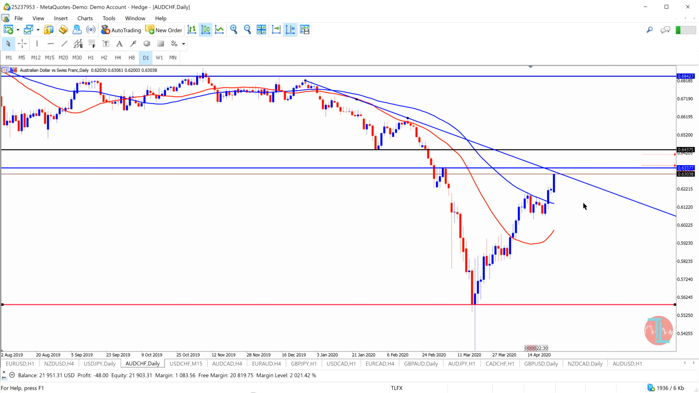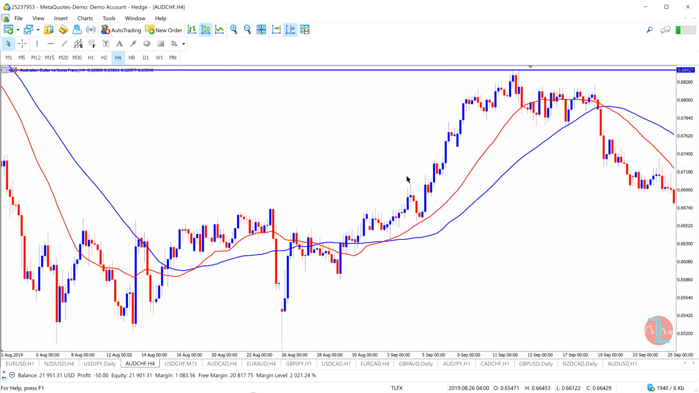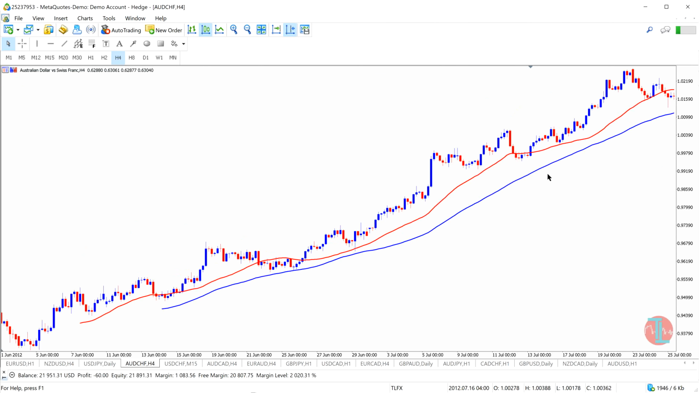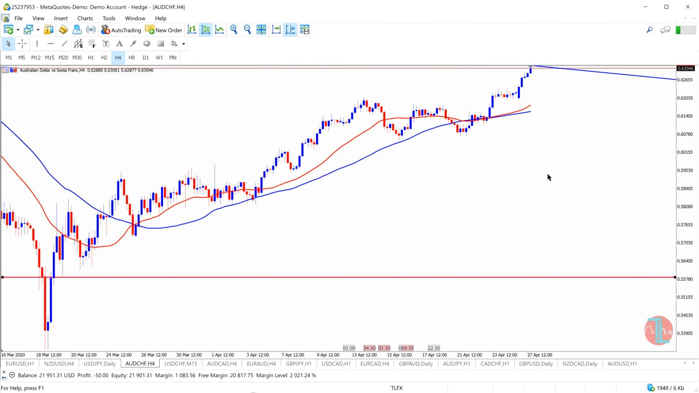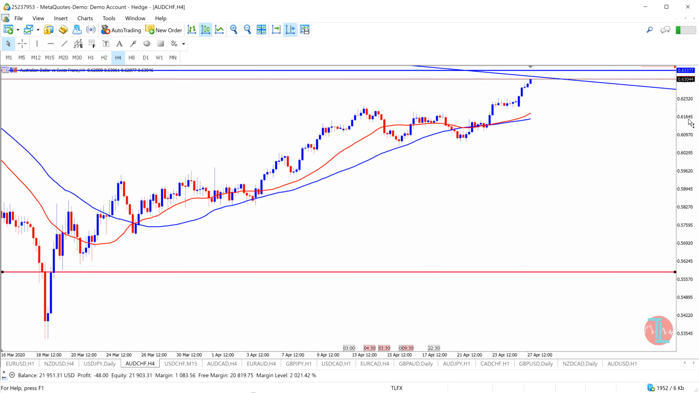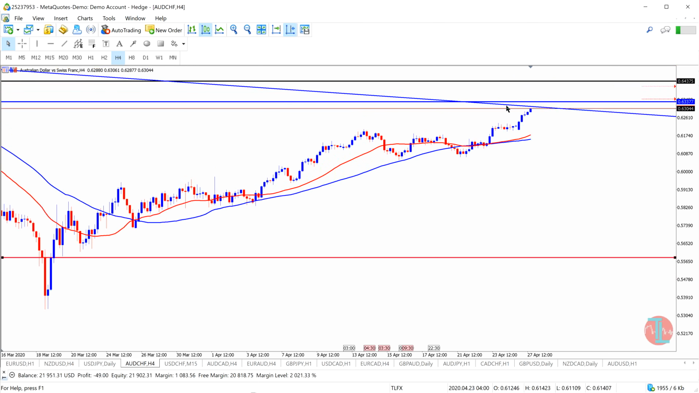If we get a break above, then we're looking at this here. If not, then we can start to consider our sell. So if you go over here to the 4 hour and we look at where we are, this is a general uptrend on our 4 hour. We'd be looking at buys currently, but because we're coming up against this, that's why we have to look